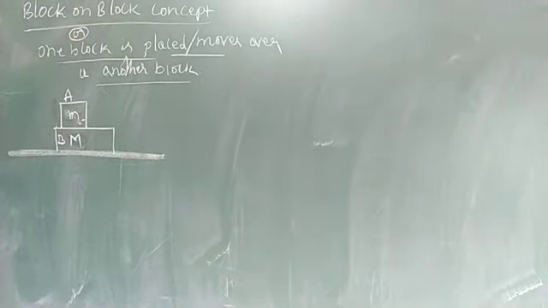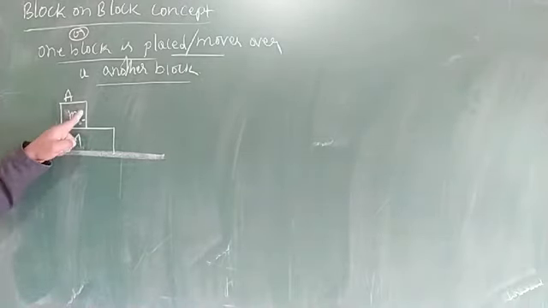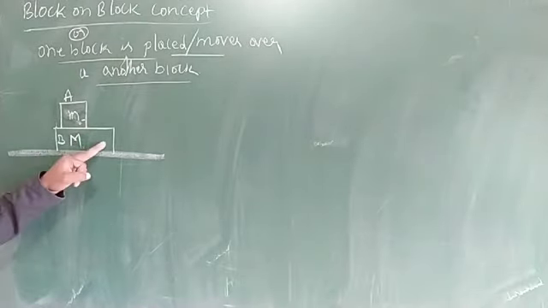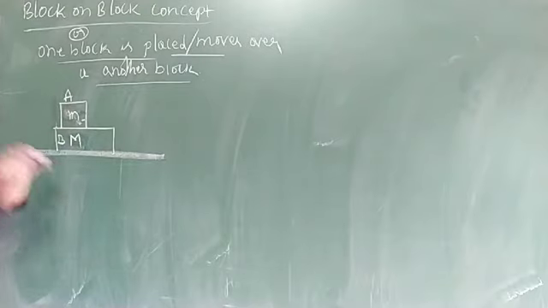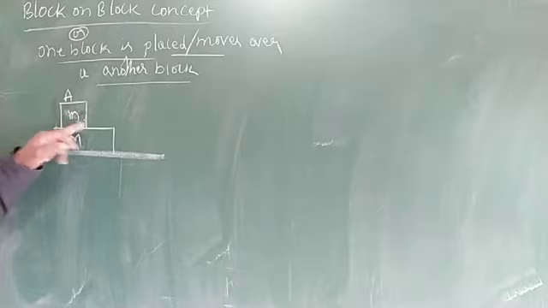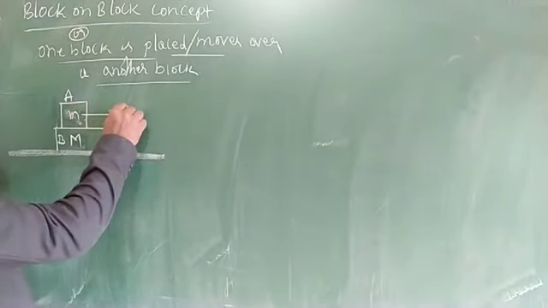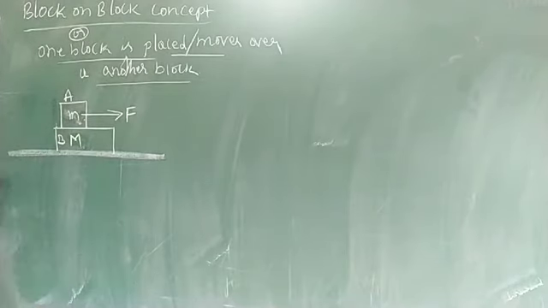ನೋಡಿ, one block by ಇನ್ನೊಂದು block ಮೇಲೆ place ಮಾಡಿದ್ದೀವಿ. Small m is the mass of A block, capital M is the mass of B block. ಈಗ ಫೋರ್ಸ್ ಅಪ್ಲೈ ಮಾಡಬೇಕು. ಕ್ಲಿಯರ್? ಫೋರ್ಸ್ ಇದಕ್ಕೆ A block ಗೆ ಅಪ್ಲೈ ಮಾಡಿದ್ರೆ ಡಿಫರೆಂಟ್ ಸಿಚುಯೇಷನ್ಸ್ ಬರುತ್ತೆ. B block ಗೆ ಅಪ್ಲೈ ಮಾಡಿದ್ರೆ ಡಿಫರೆಂಟ್ ಸಿಚುಯೇಷನ್ಸ್ ಬರ್ತಾವೆ. ಕ್ಲಿಯರ್? Okay.